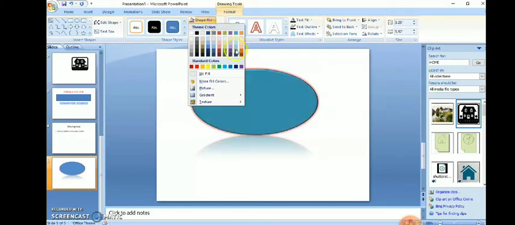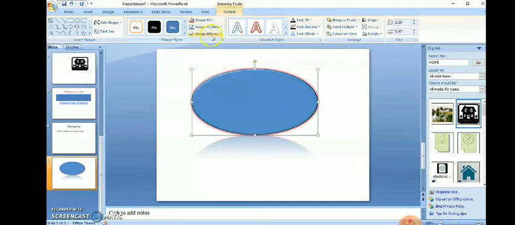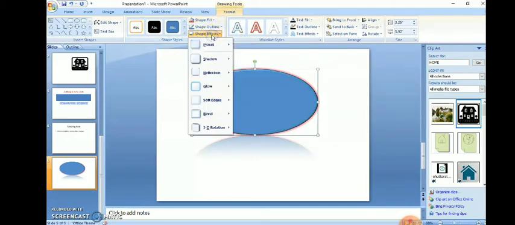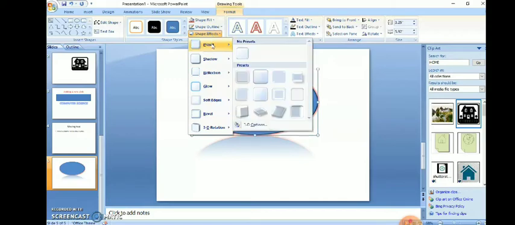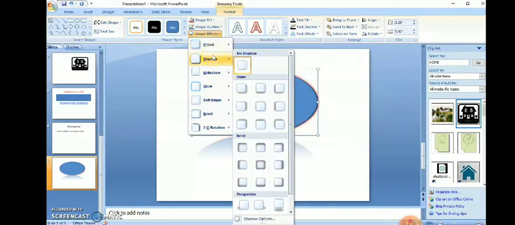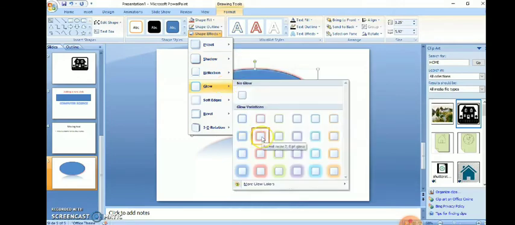I'm just showing you the different shape effects that are available in the 2007 version. First I showed you how to insert. Next, shadow effects. The offset top I have selected. Offset center is there.